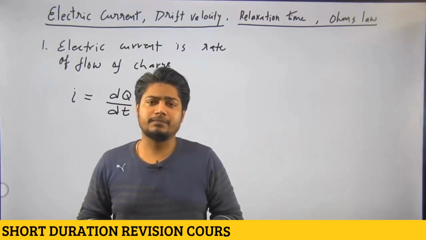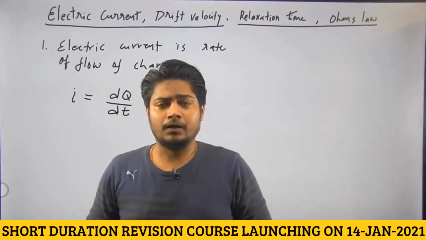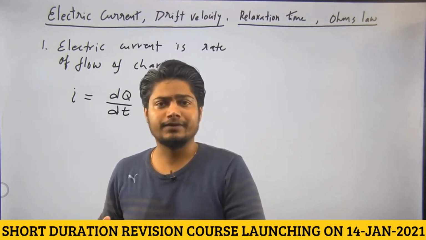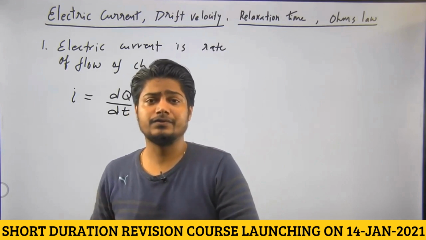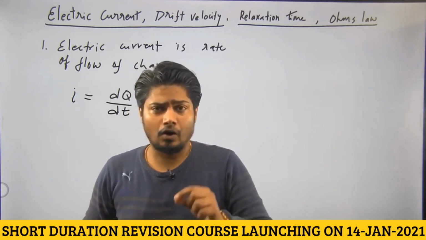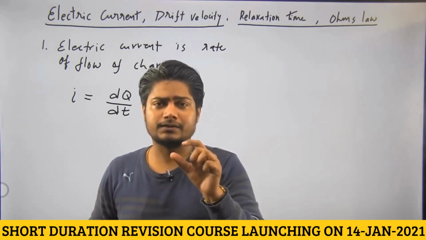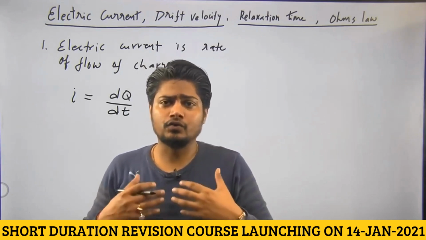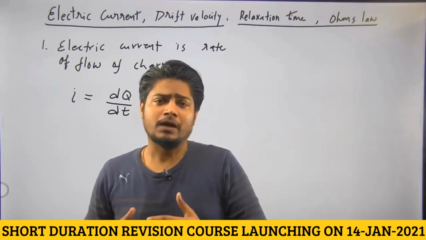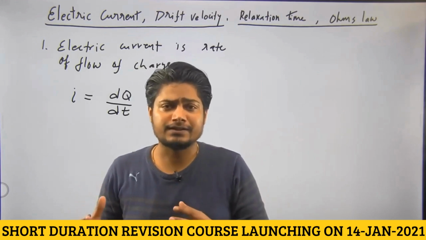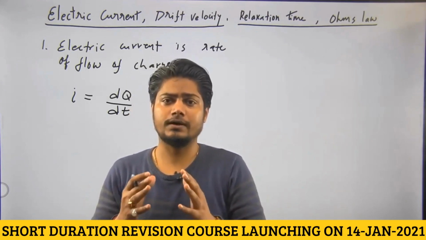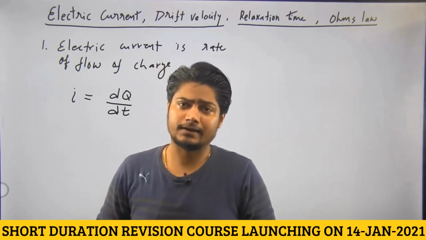So, the first topic of this chapter is electric current. We are going to write different formulas of electric current based on its definitions and the derivations which we have done in detail in electric current. All those important key relations are helpful to visualize the variation of electric current, drift velocity and current density whenever area is changing or something is constant, other thing is changing. So, we need to memorize all the important relations from electric current.